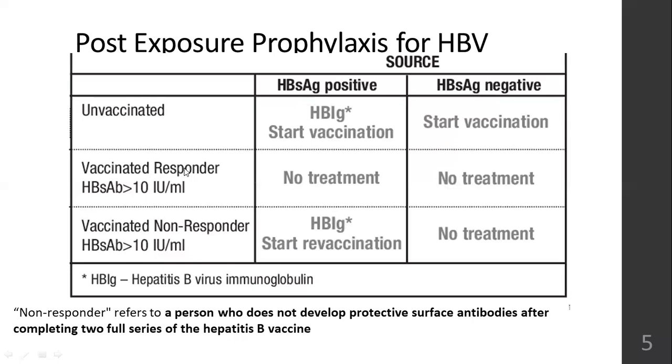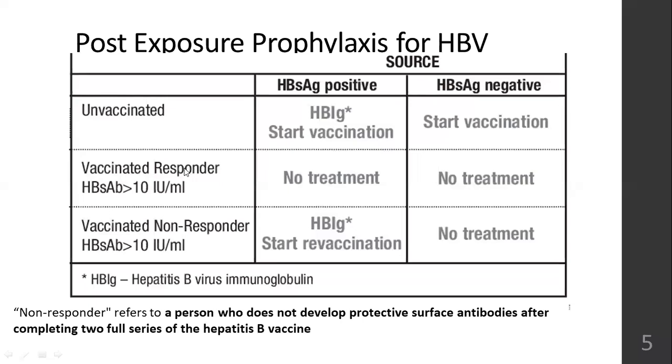You have enough specific antibodies of hepatitis B in your body to take care of you. Even if you are exposed to a hepatitis B case, the antibodies will take care of you. But if the hepatitis B antibodies are less than 10 international units per ml in your blood, you have antibodies, but too few to fight the antigen. So immediately vaccination is required. If you are antigen positive, start the second round of vaccination.